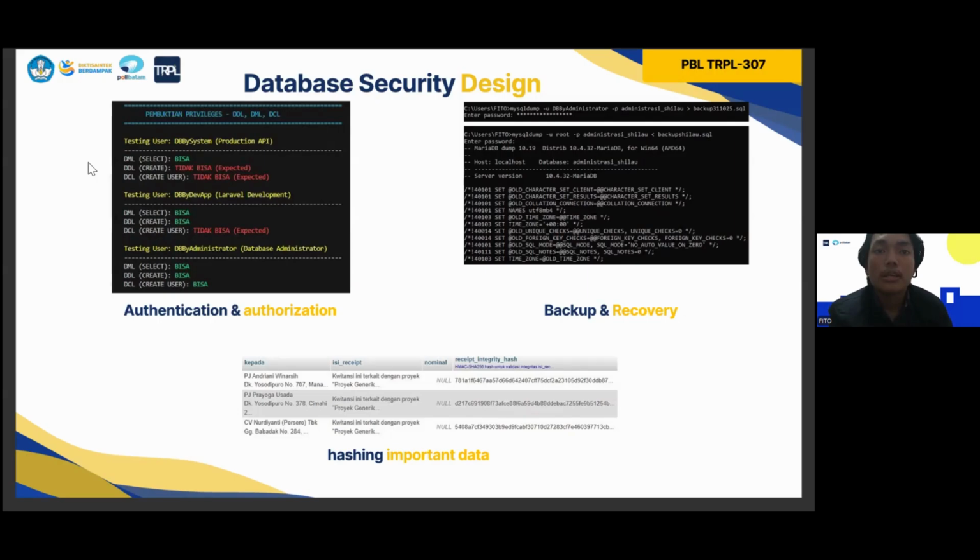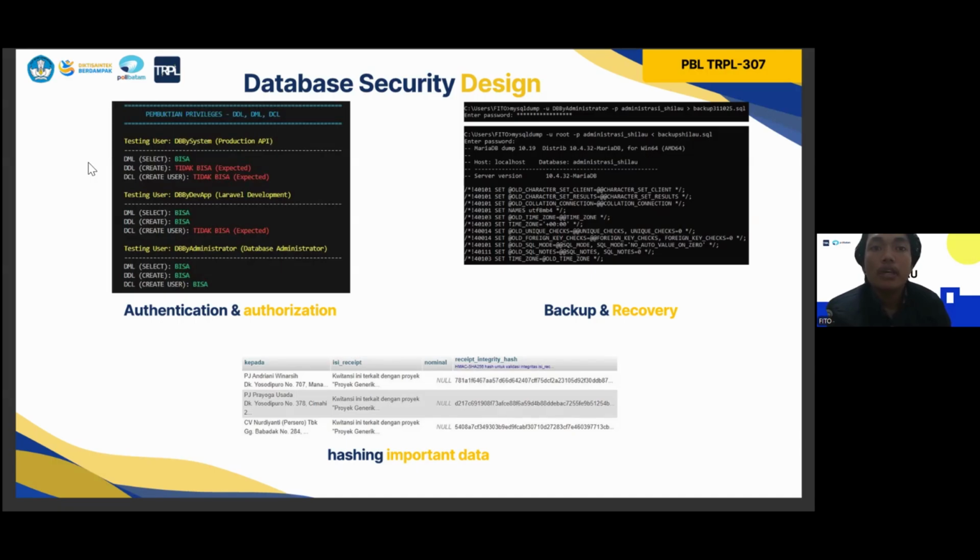The second, DB by dev app for Laravel development, and DB by administrator for full database management. The result shows that each user has limited privilege according to their role. On the right, we can see the backup and recovery process using the MySQL dump command. This is essential for preventing data loss and ensuring system reliability in case of failure.